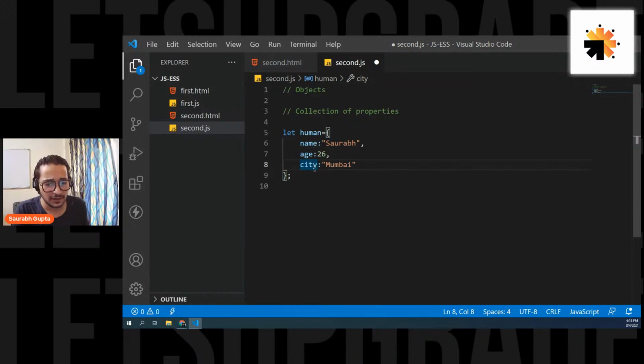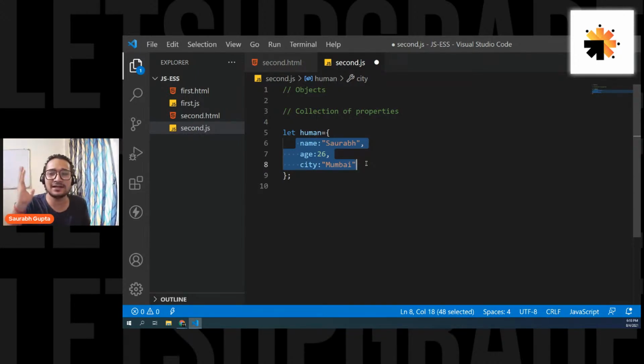Sir, is equal after human mandatory? Is the concept clear, Chandresh? The name of the object is human and the rest are properties of the object, not entities. For example, if I am an entity, my eyes, my name, my age, my city are basically my properties.